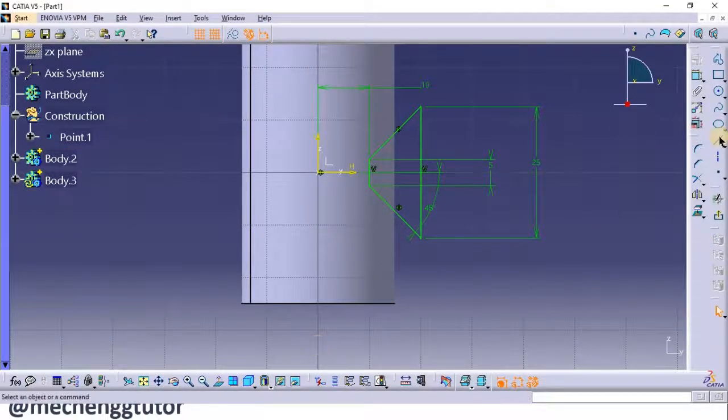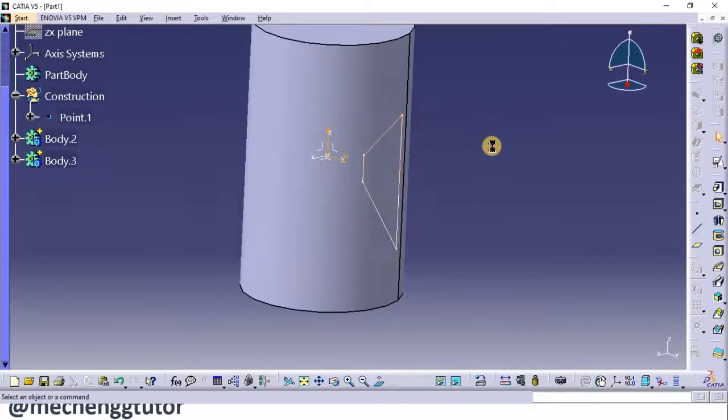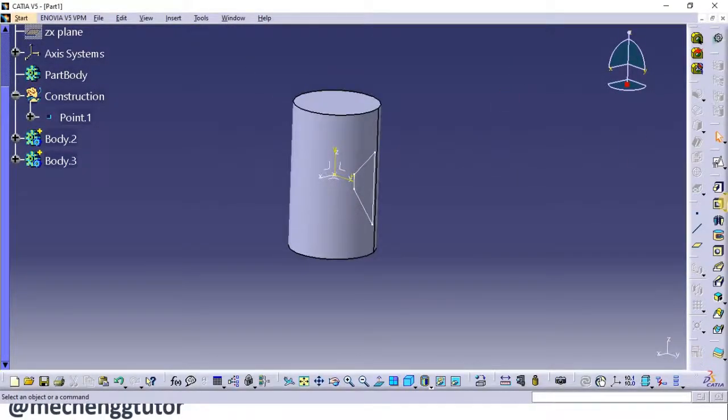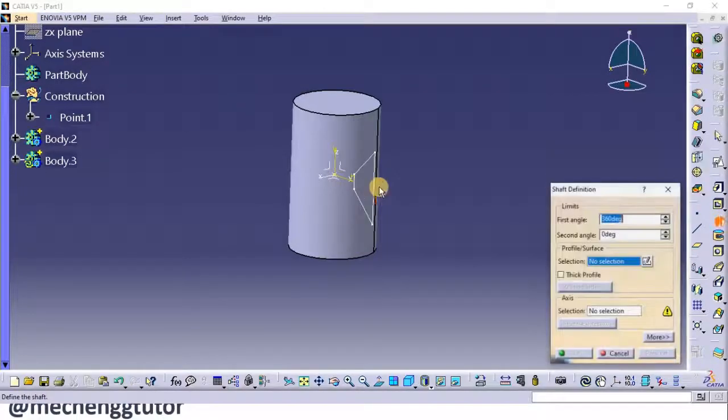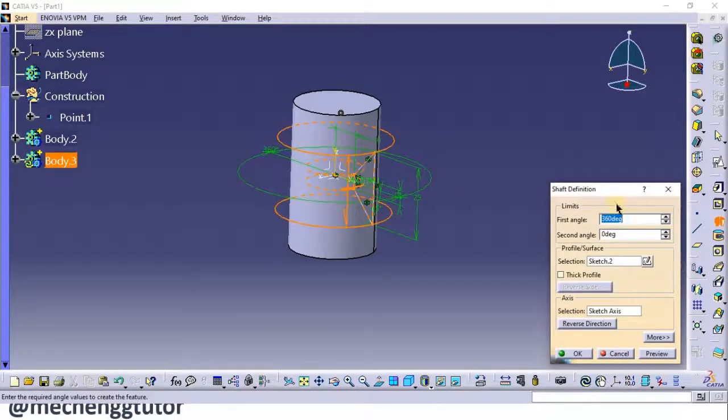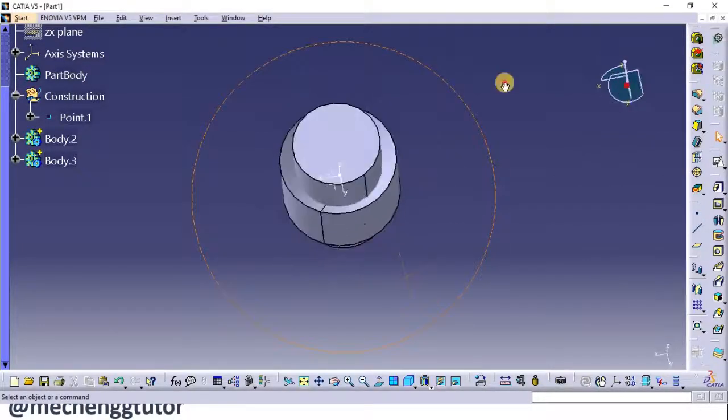Now for the sketch to rotate, we have to insert the axis. So go to axis and on the vertical you just insert this axis, then exit from the sketcher. So you have the sketch and the axis inserted. So again you go to the groove command, you click on the sketch and complete 360, and the shaft is drawn. So here we have the shaft.